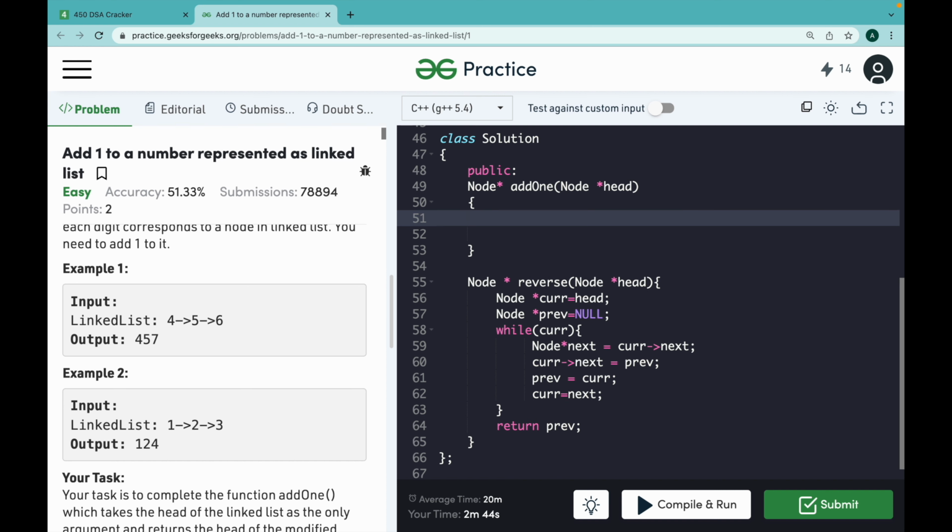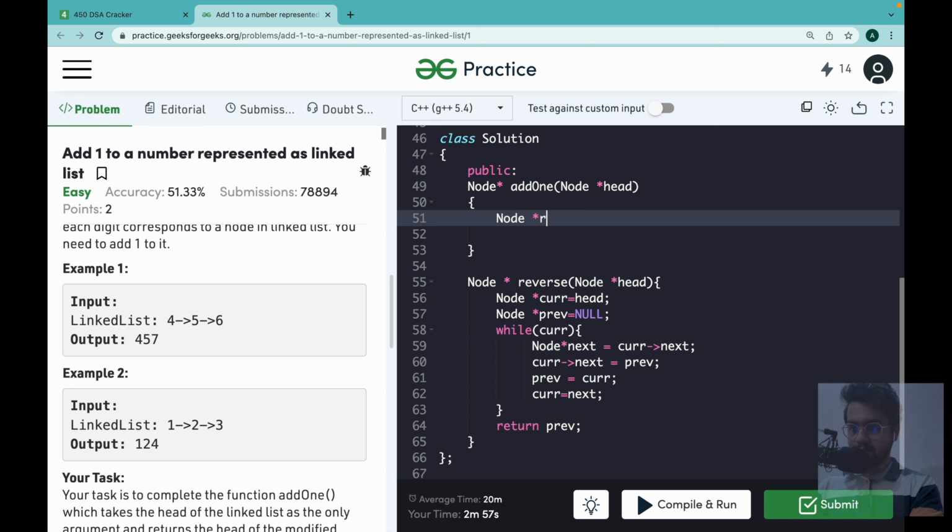Now once we have reversed it, we will add 1. To add 1 to the head, we are going to take a node pointer, runner, that will point to head. So we will check it again. Right now what we are implementing, carry, is equal to initially 0.